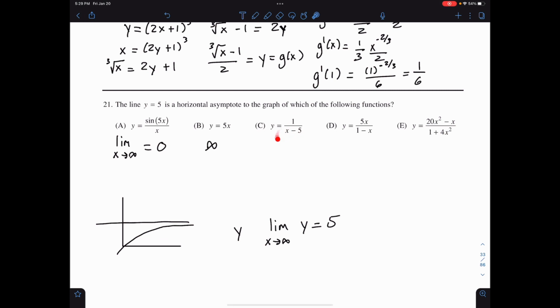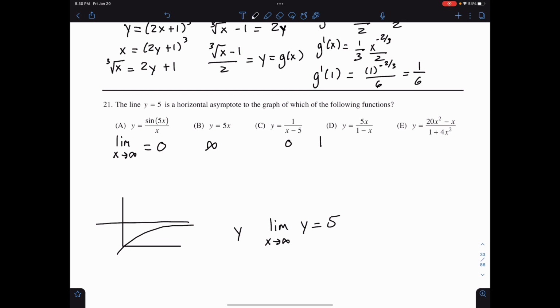So we have 1 over some really large number, so the limit here would still be 0. For d, we have 5x over 1 minus x. And so now we have the same term, both the top and the bottom, x and x. So to find the limit here,